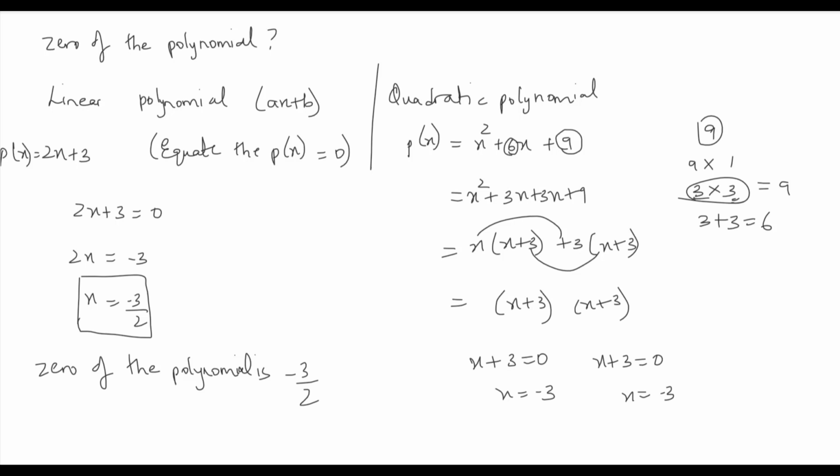I don't think I have to stress on the quadratic polynomial, as you have learned how to find the zeros in your 9th class. One thing you have to remember is that when you are finding the zeros of a linear polynomial, you will always get one zero. When you are doing it for a quadratic polynomial, you will get two zeros. And similarly for a cubic polynomial, we will have three zeros. How will we find these zeros? We will find them by using our division method, which you have learnt in your class 9.